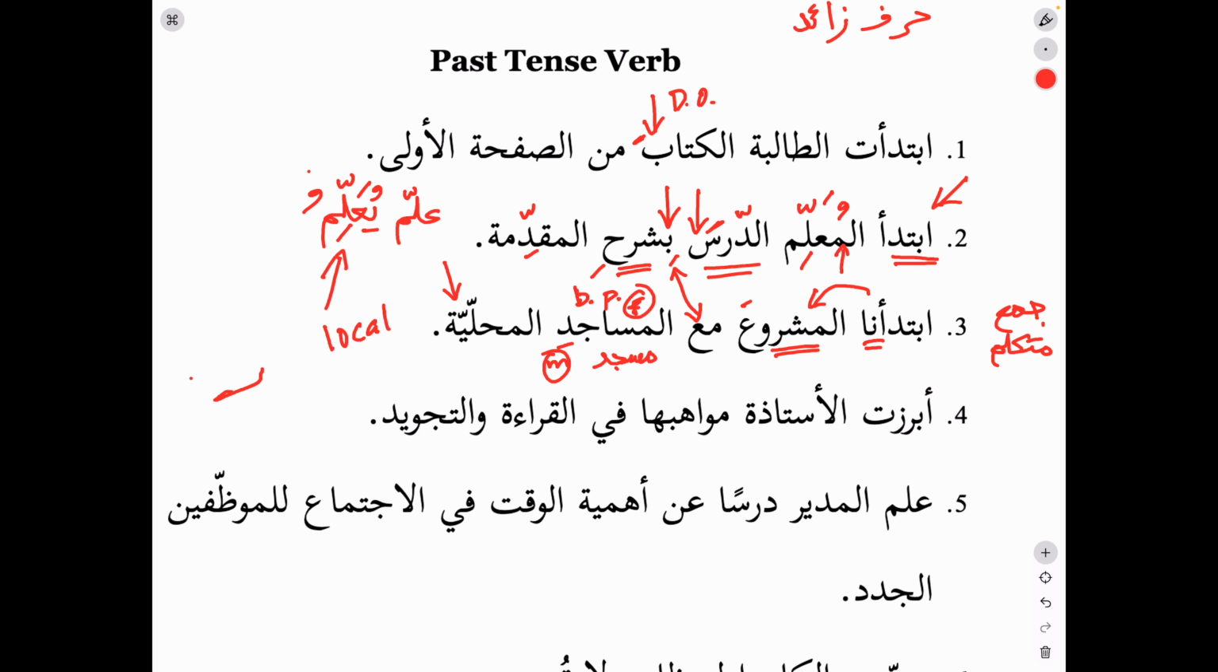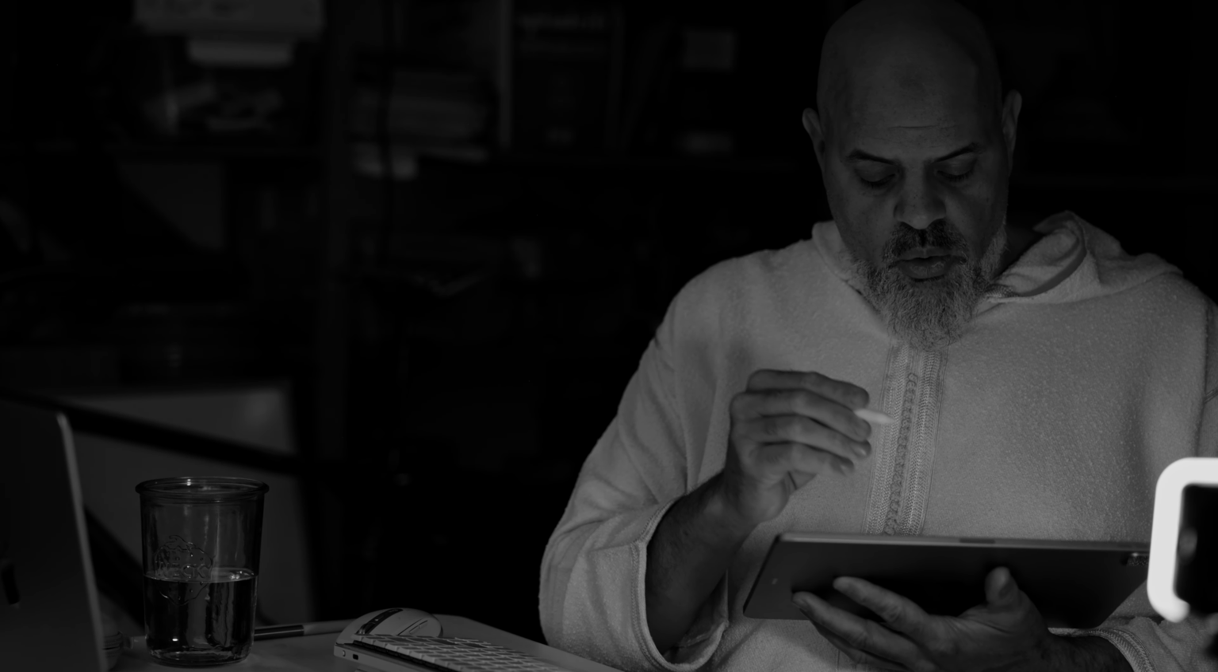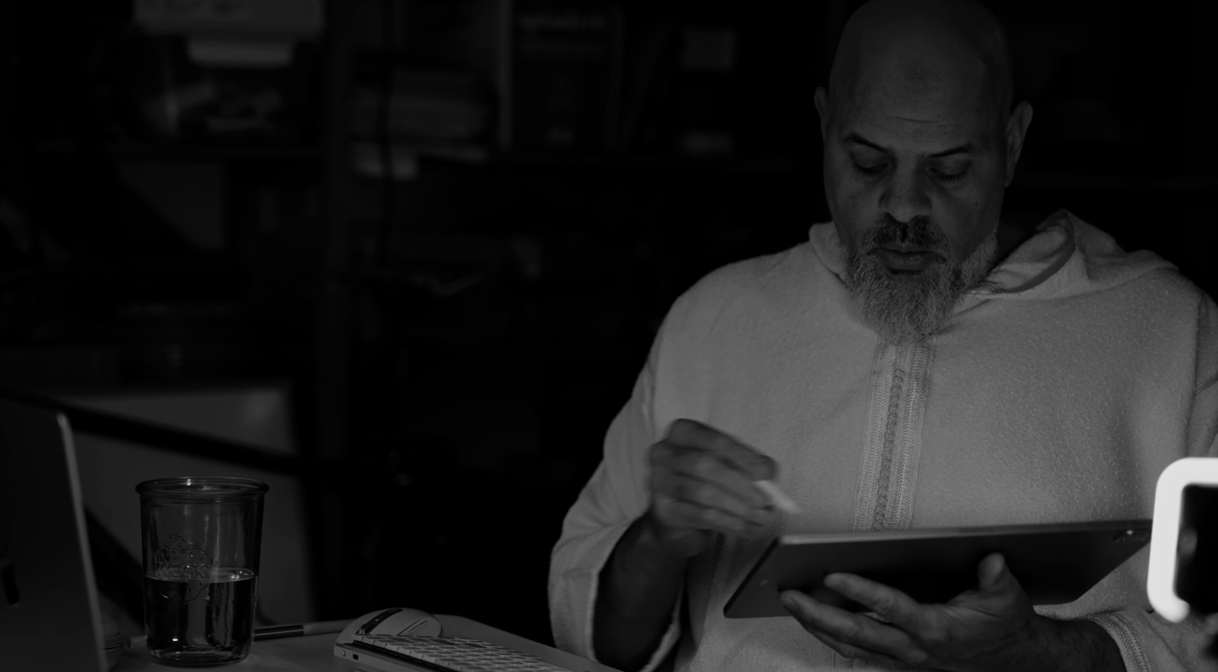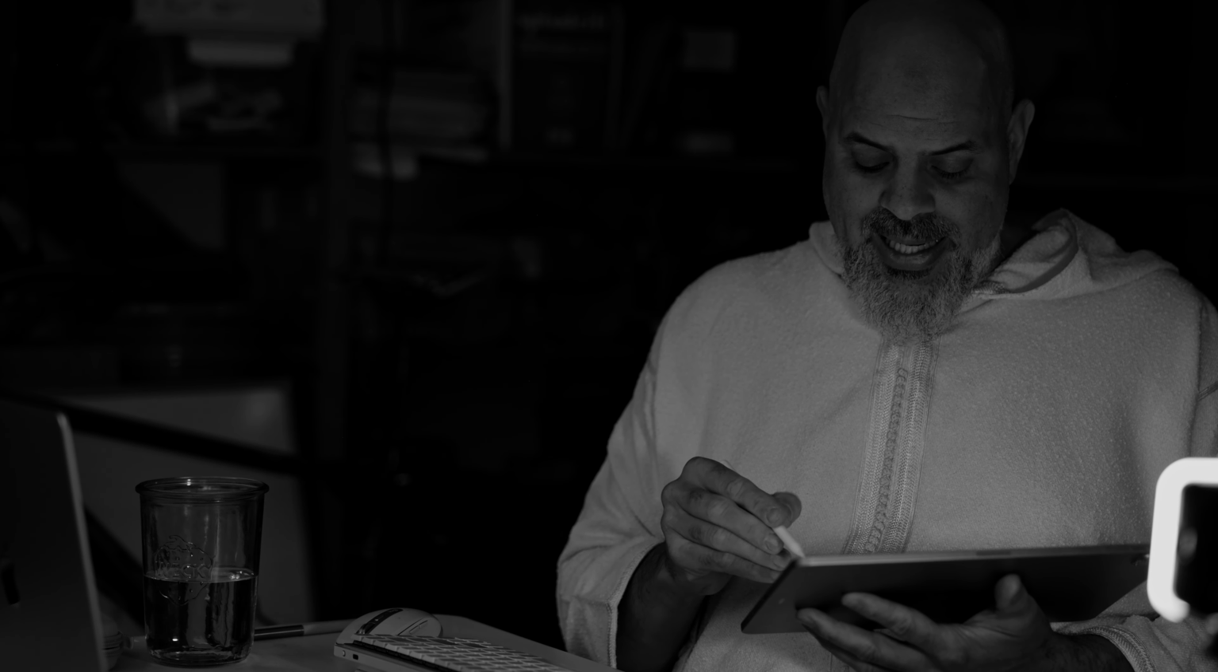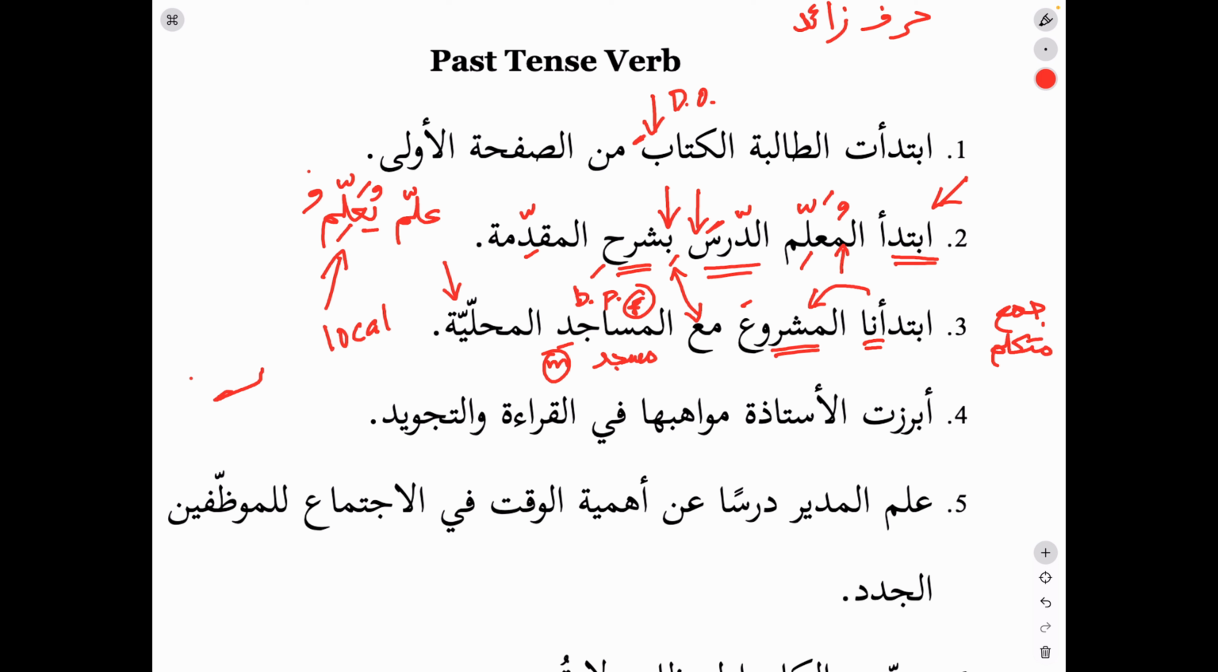So we began the project with what? The local masajid. ابتدأنا المشروع من المساجد المحلية. And then to change up the verb once more, and I'll post all of these sentences online for you to look at, now we have abraza,